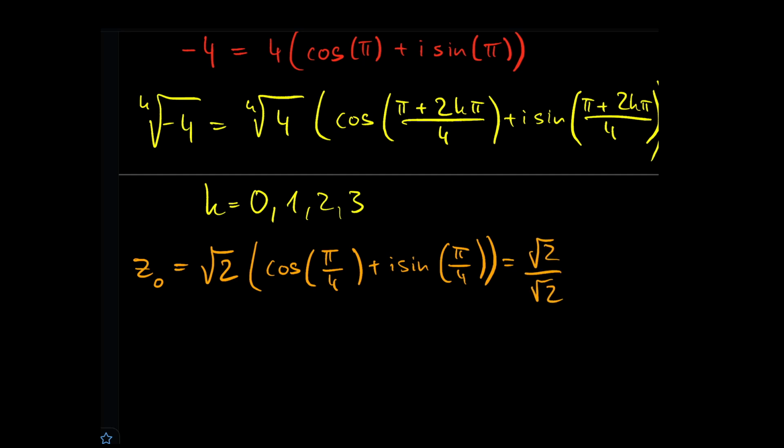And then we have plus sine of pi over 4, which is also the square root of 2 over 2, so we have i times the square root of 2 over the square root of 2, and the square root of 2 over the square root of 2 is obviously just 1. So